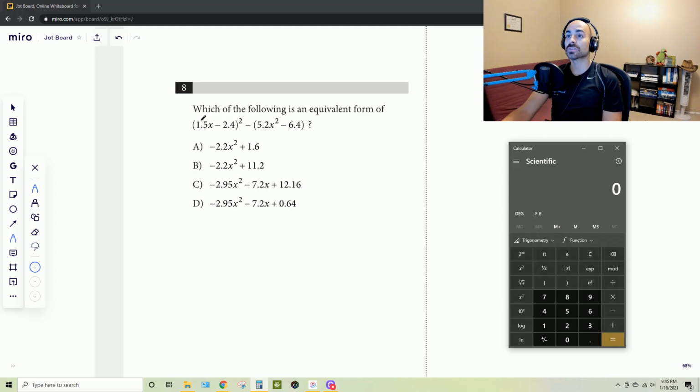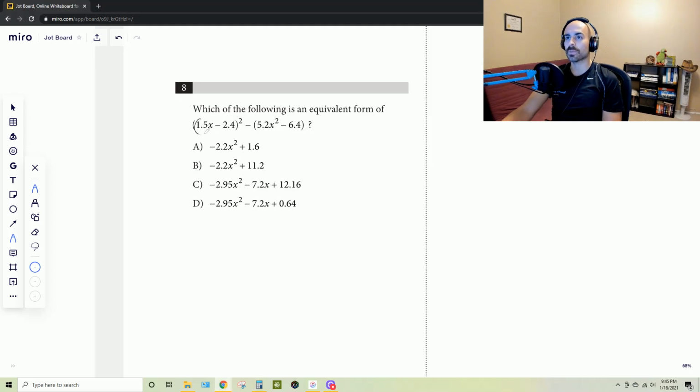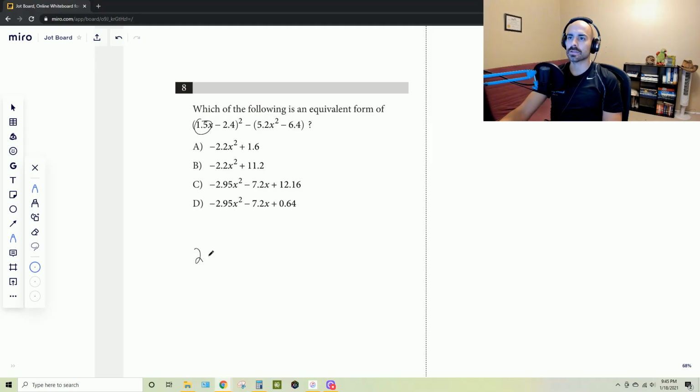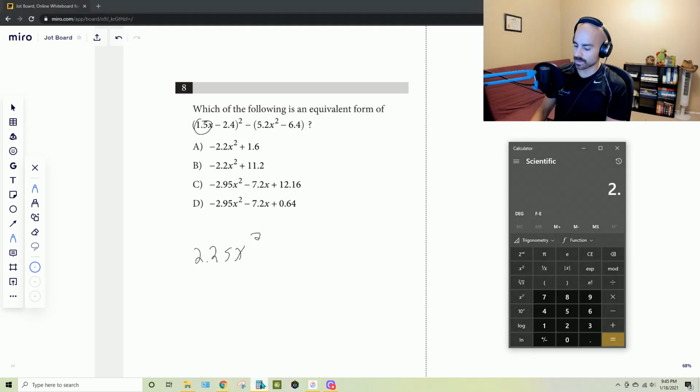It's awesome. So we have a binomial being squared. So I'm going to square the first. 1.5 times 1.5 is going to give us 2.25x, and that's also squared. So we square the first and then we square the last, which is 2.4. 2.4 squared would give us 5.76,